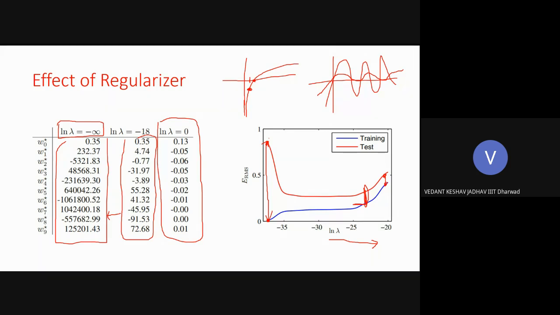Sir, due to regularization, can some parameters get reduced to zero? Yes, it can be. There are different types of regularization: L1, L2. L2 means Euclidean, when you put a norm of 2. When you do norm equal to 1, rather than taking the Euclidean norm, you just take the absolute value of every dimension and take a sum. In that way you are getting a sparse solution. You want to find a sparse solution.